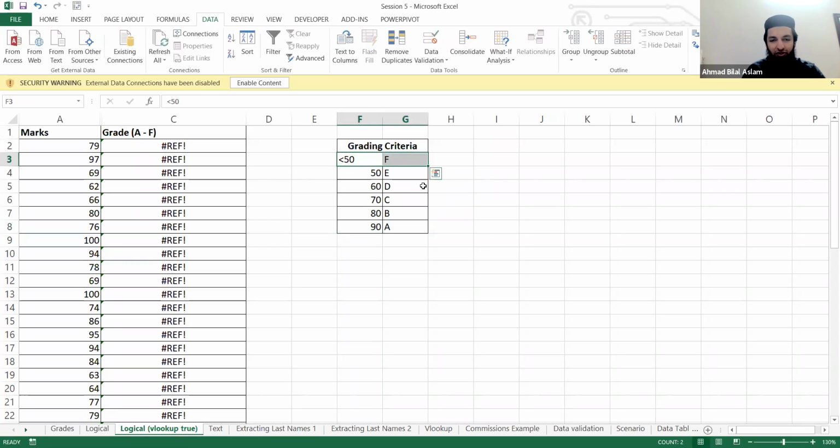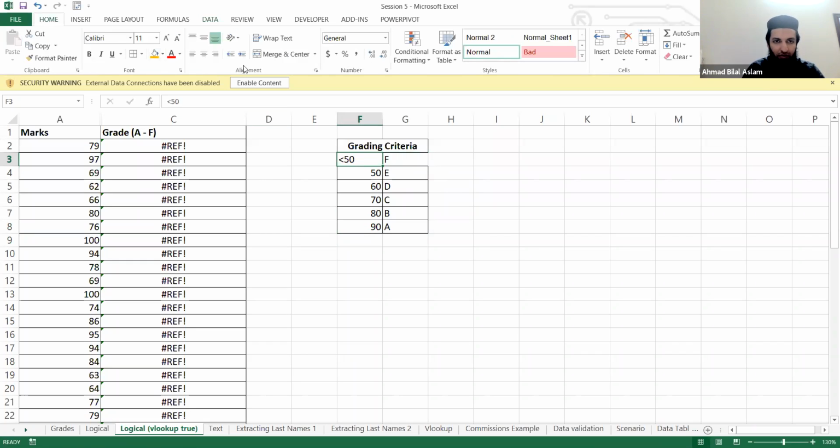ओके, ये f वाला जो है उसको आप इंक्लूड नहीं करेंगे फॉर्मूला के अंदर, बिकॉज ये टेक्स्ट वैल्यू है, तो इसको आप वहां पे यूज नहीं कर सकते, बट द रेस्ट यू कैन यूज. सो व्हाट आई एम गोइंग टू डू नाउ, आपको पहले डेटा को इस फॉर्मेट में कन्वर्ट करना पड़ेगा, एक तो असेंडिंग ऑर्डर में, और दूसरा इनके हर ग्रेड की मिनिमम वैल्यू है वहां पे. सो E की मिनिमम वैल्यू इज 50, D की मिनिमम वैल्यू इज 60 एंड सो ऑन. ठीक है,